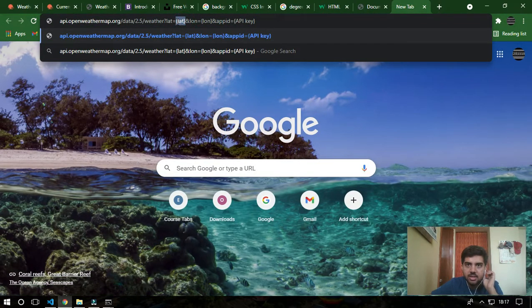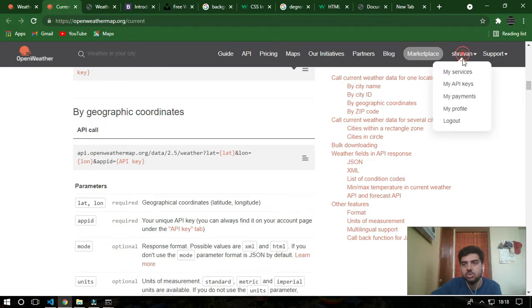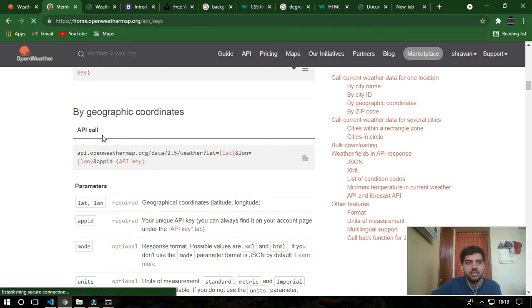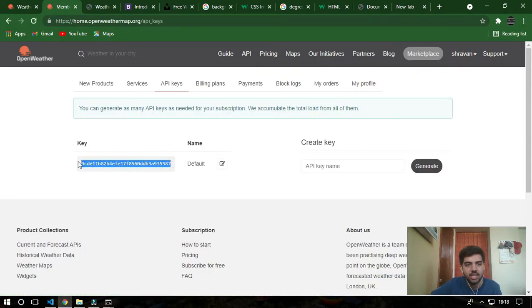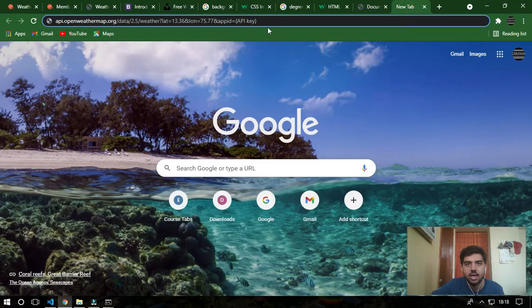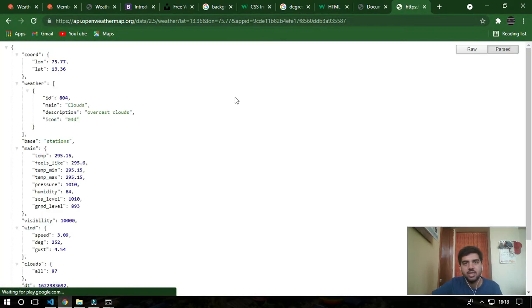The latitude I'm going to give is 13.36 and the longitude is 75.77, and for my API key, I'll go to my API keys and get it. I'll keep it here. Actually, this is how you get data.